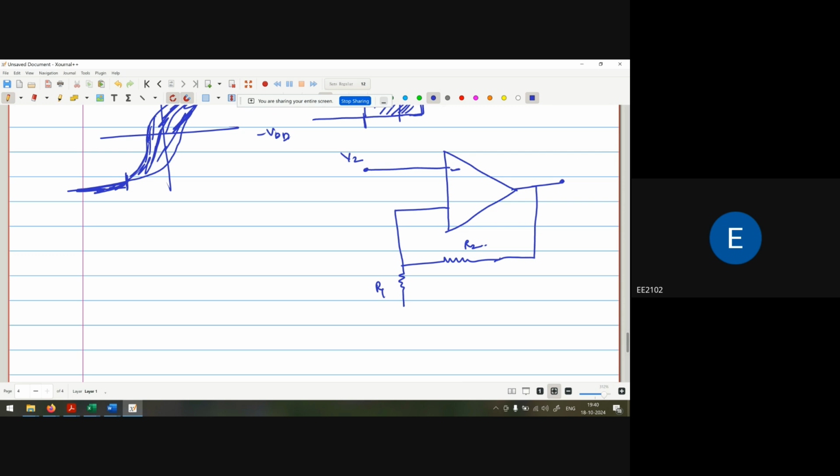Now, what particular voltage we are getting depends on two terms. This one is V2, and if I say this is V1, then this V1 voltage is nothing but, because this behaves as a feedback circuit,